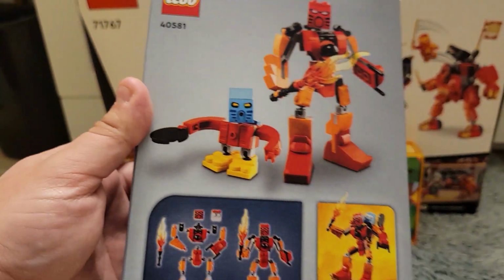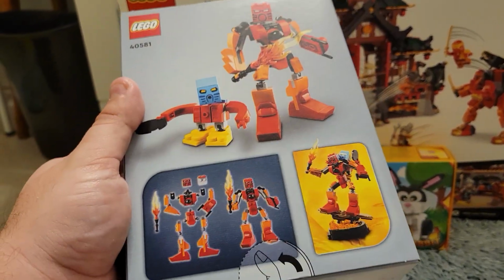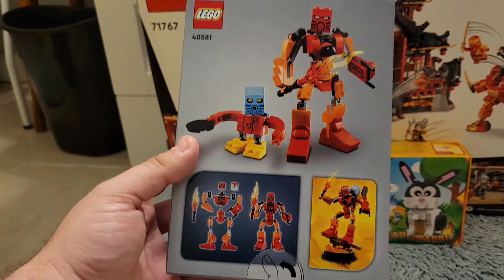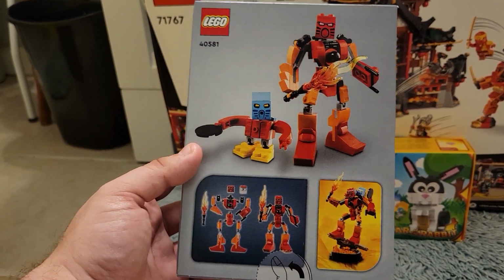There's also, not shown on the box, which kind of irks me, another small build to go with it. That's more story driven. But yeah, it very nicely emanates what the box art back then was like for Bionicle